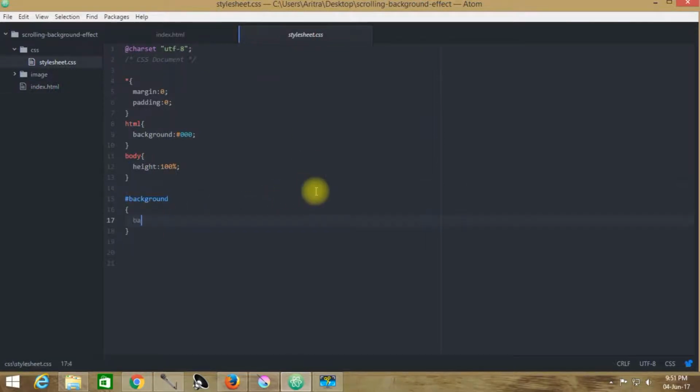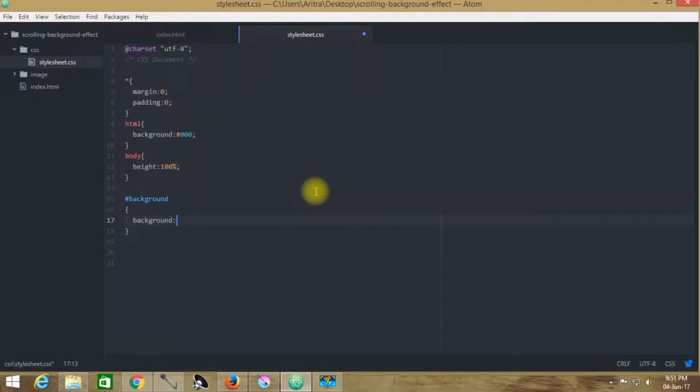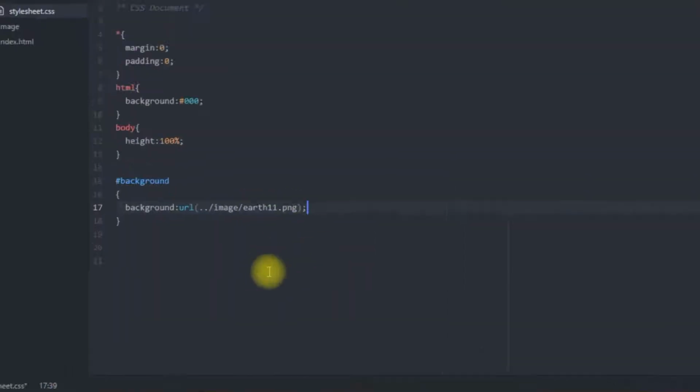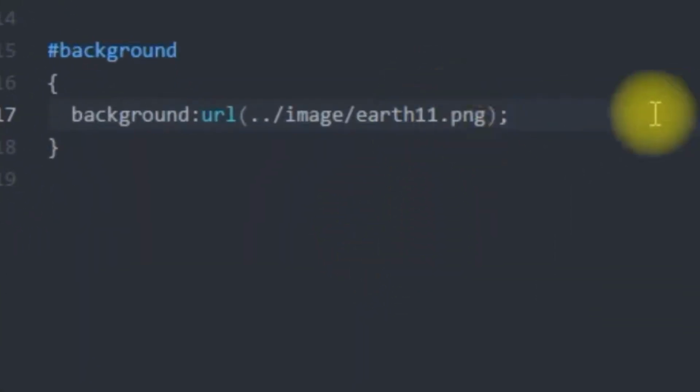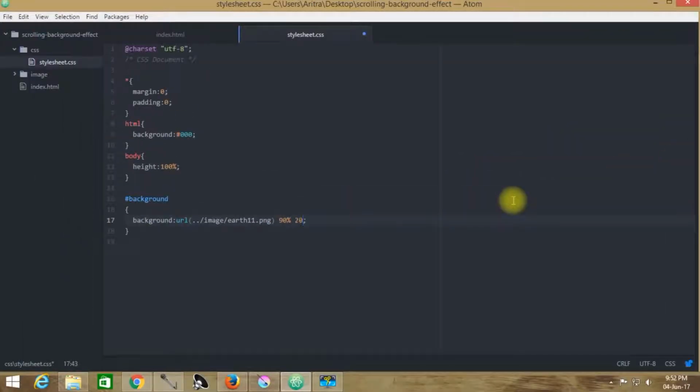So first of all, I am providing the first image. I am placing this earth.png over here. And we are mentioning some position: from the left it will leave a total margin of 90%, and from the top I am providing it 20%.